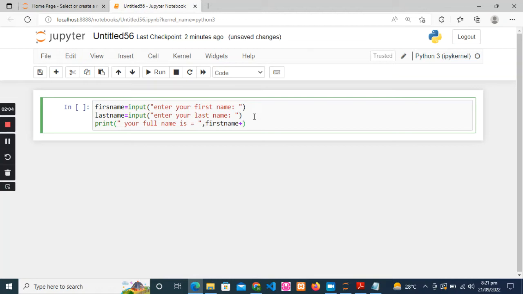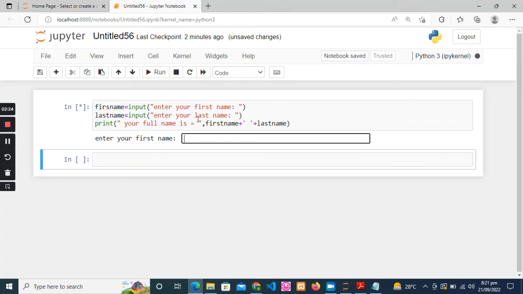In order to give the space between the first name and last name, we use this space, and then plus sign, last name. So like this, if we run this, we enter the first name, which is